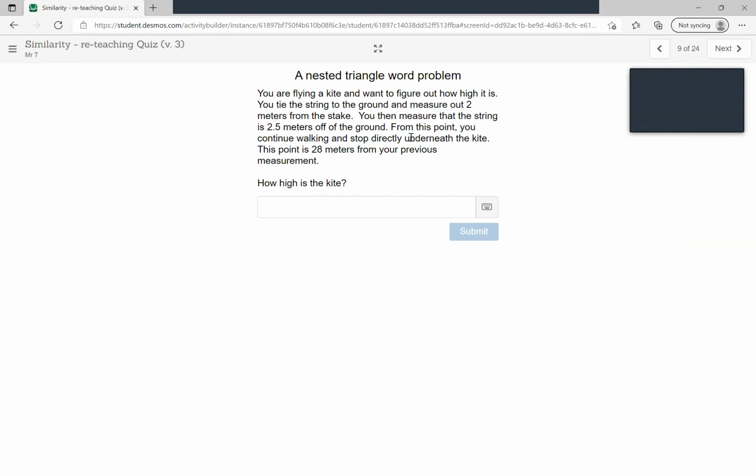And then the question is, from this point, you continue walking and go 28. So in this situation, it says I'm going another 28. If it had told me the distance all the way back to the beginning was 30, that would be the same problem. But I have to figure out, oh yeah, my big triangle here is 30. If you use 28 as your big triangle side, you're going to get the wrong answer. It's going to be close. Okay, so we're trying to figure out how high the kite is. So we know that 2.5 over 2,